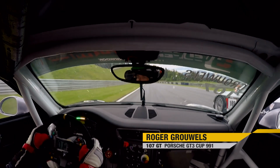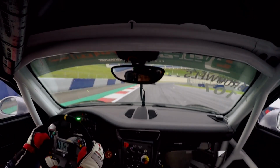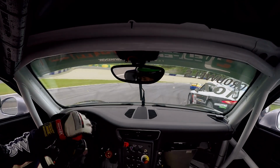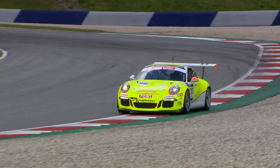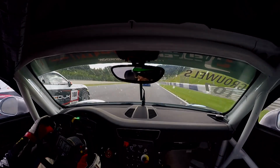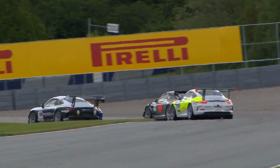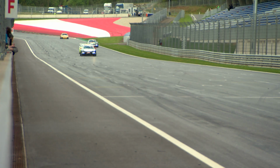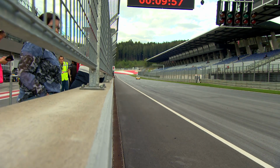Not long into the second stint though, Bob Herber is caught by Roger Graals for the lead of the race, and Graals is not alone either. The car that started on pole, driven by Harold Pavlas, now has Dieter Sveps at the wheel, and the yellow and white car is right there. Roger Graals takes the inside line trying to get around Bob Herber as they catch a slower car. But the local expert Dieter Sveps not only gets past Roger Graals for second,